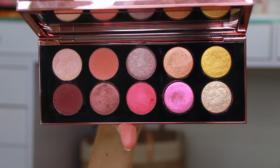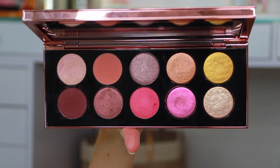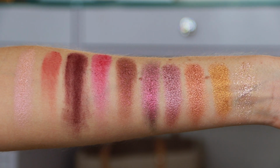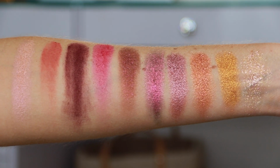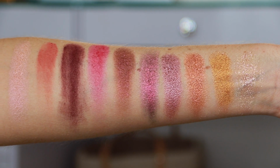I consider this palette to be like the wild party animal sister to the original Divine Rose. That palette is far more wearable. You know, it's very easy to come up with soft glam, office appropriate, daytime looks. This palette is far more bright and vibrant, lots of pops of color. So while it is a blast to play around with, it would be very easy to open this up and